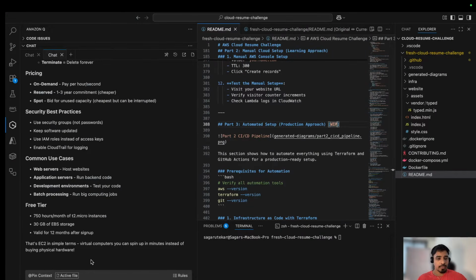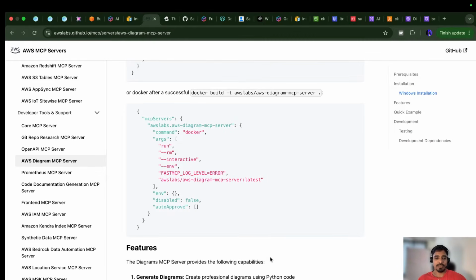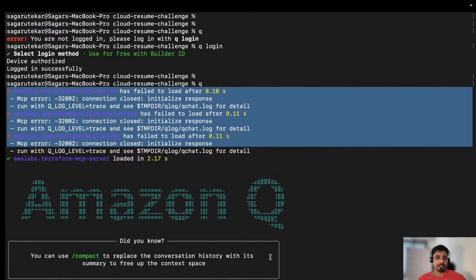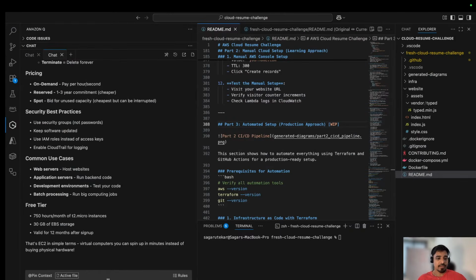Okay. Let me ask my Amazon Q from the IDE. Going forward, we'll use Amazon Q from the IDE, because something is wrong with my CLI Amazon Q that I'll fix later. But for now, at least we can use Amazon Q Developer from the VS Code IDE. If you ask here to generate an architecture diagram